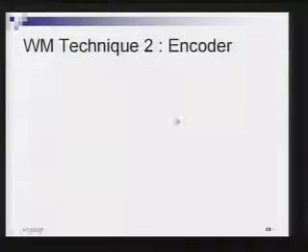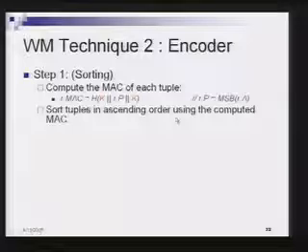Let's see. So now let's talk about the decoder. When I say r.p, I mean the primary key, which can be either a primary key in the relationship, or it can be the primary key derived using the most significant bits. Okay? So now, the first step is to compute the MAC for each tuple. We have done this before, right? So for each step, we derive